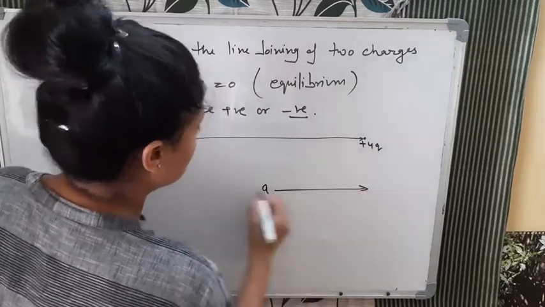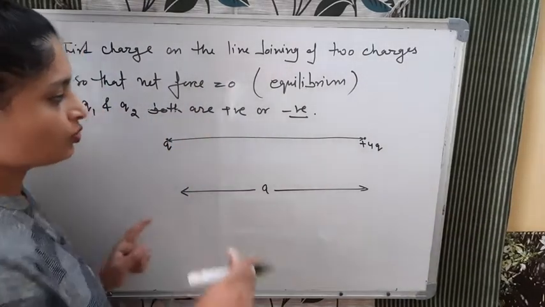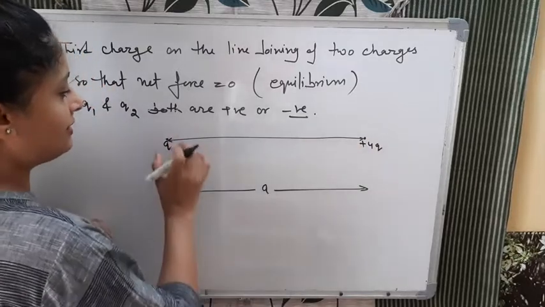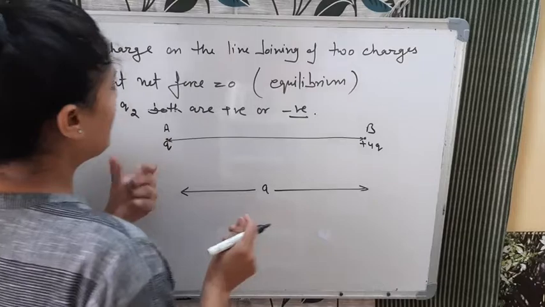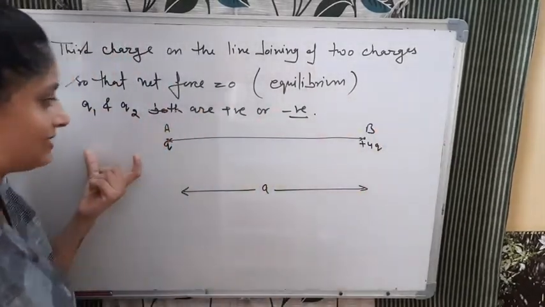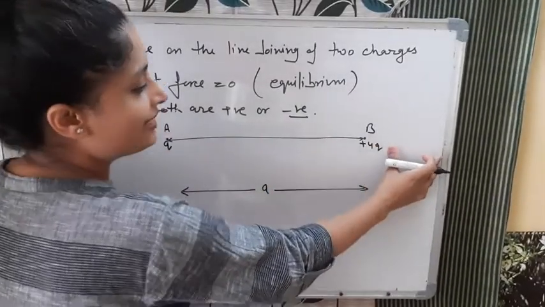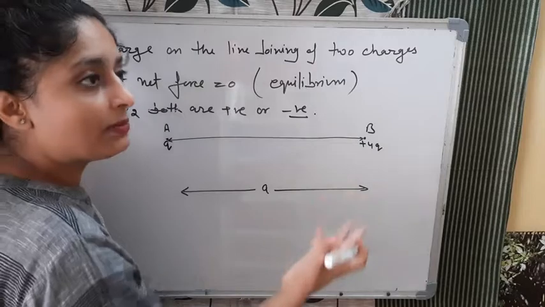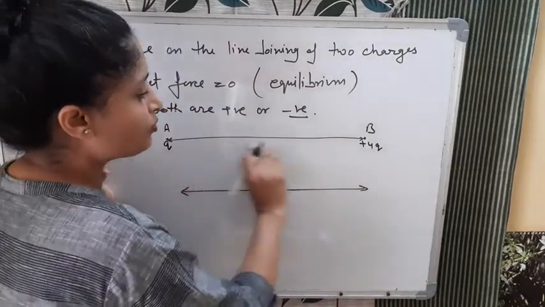Okay, so if this will be A, now I need to put the third charge plus Q in between the first charges, for example A and B, I am taking the point. So in between these charges Q and plus 4Q, we cannot put it this side and that side. I hope that you got it. Why we cannot put? Because there the net force will not be zero at all. So equilibrium means that the net force on that charge is zero. So for that we need to put it somewhere here.